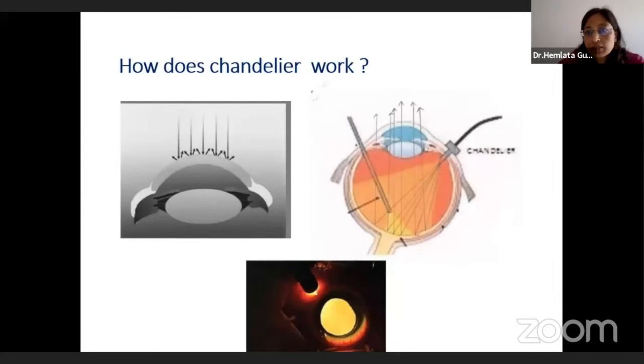So how does the chandelier system work? As we have seen, when the light falls onto the opacified cornea, it gets scattered, and that is what leads to intraoperative poor visibility. With the chandelier's wide angle illumination, when the light falls onto the cornea, it actually gets reflected back, as shown in this picture. That gives us a very good red glow, as seen in the bottom picture, and it increases the depth perception for subsequent steps.